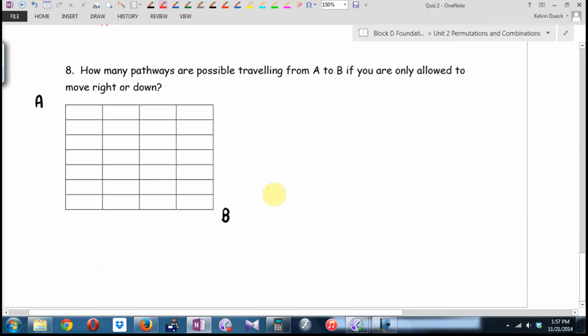Pathway questions. I like pathway questions. How many pathways are possible from A to B? But I have to always add this condition. You've got to keep moving closer to your destination, which in this case is right or down. Well, I guess I would go right